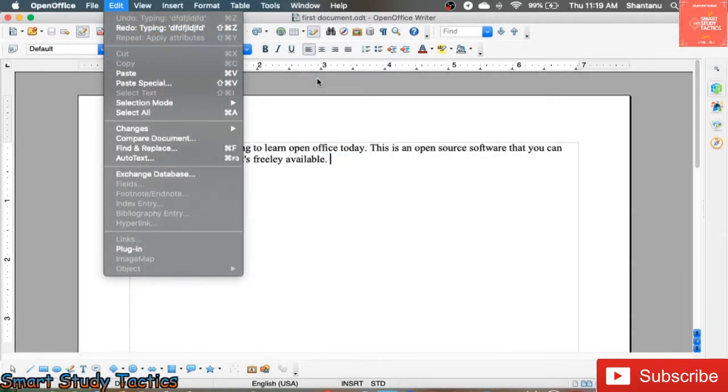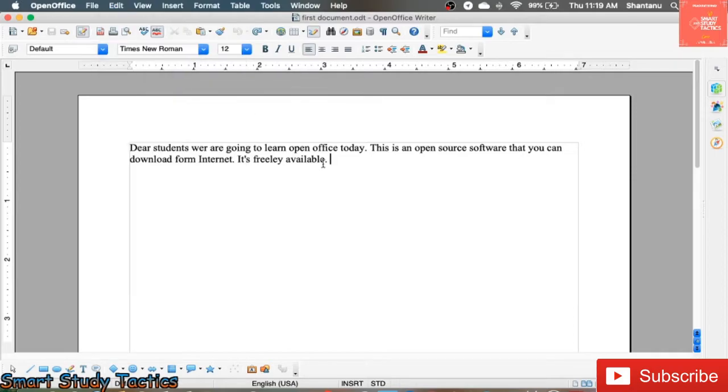Now we have cut, copy and paste. Most people are familiar with this because nowadays people are doing copy paste all the time, but for those who are not aware, I am going to tell them. Cut is sometimes given as a move option, to move the text. If you want to do the cut, you have to first select the particular line. Press the left button and drag your mouse over the text, or from the keyboard, press and hold the shift key and use your cursor control keys to select the text.